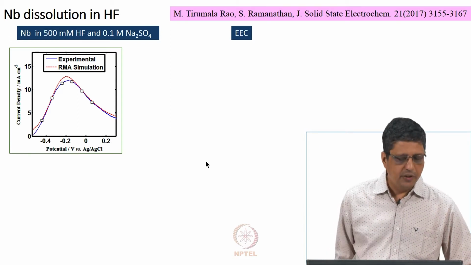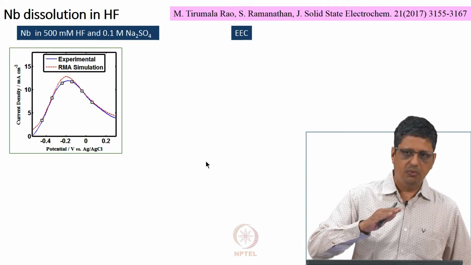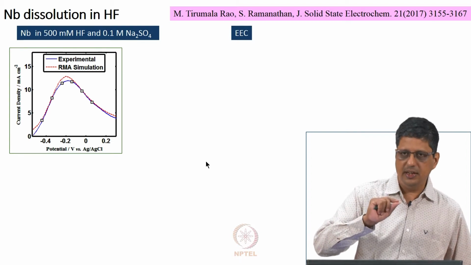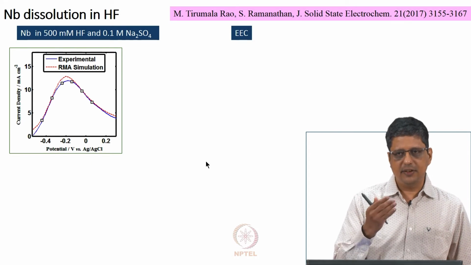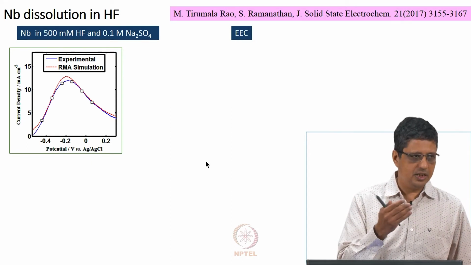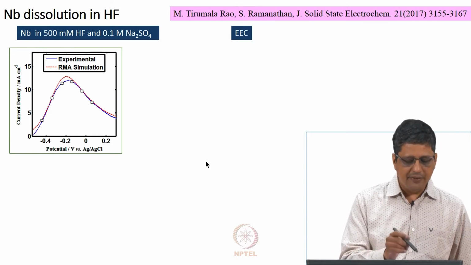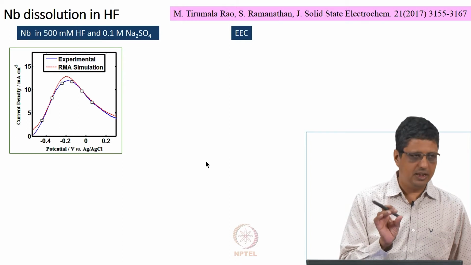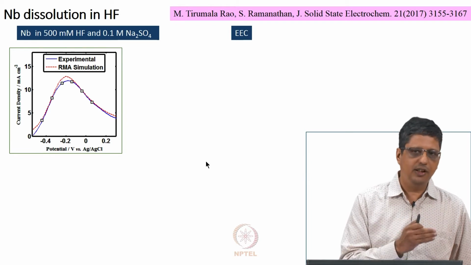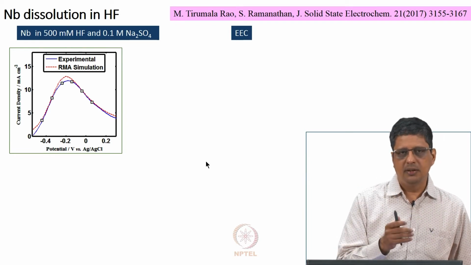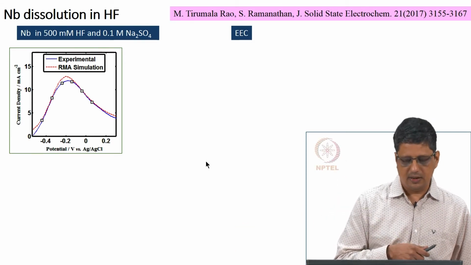Okay. If you increase the potential, niobium will form niobium oxide. At normal atmosphere, it will form a very thin oxide. If you go to higher potential, especially if you expose it in a solution with sulfuric acid, any of these where you can have water or oxygen present, it will form a thicker oxide and form what is called passivation. Even in HF, if you go to a large enough potential, it will form a thick oxide, depending on the concentration of HF. If you have a small concentration, very quickly it will form a thick oxide. If you have a large concentration, because it dissolves the oxide fast, I will have to go to a very high potential to get a thicker oxide.